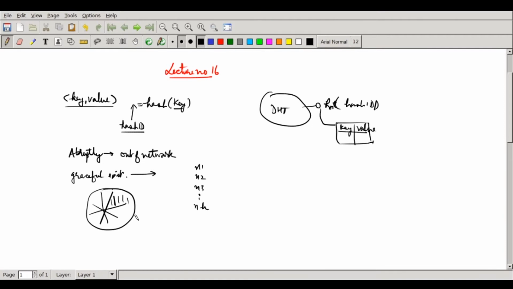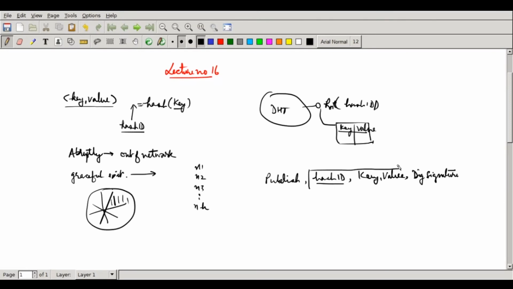In the publish message, as in previous lectures, the message has to be sent to the root of the hash ID. So this would be the destination. Then there is a key, then we sent a value. And then of course the signed hash, which we also call a digital signature. Let me write that down, since that is what we have been doing, so that nobody can tamper with the value. The digital signature will consist of this particular part.